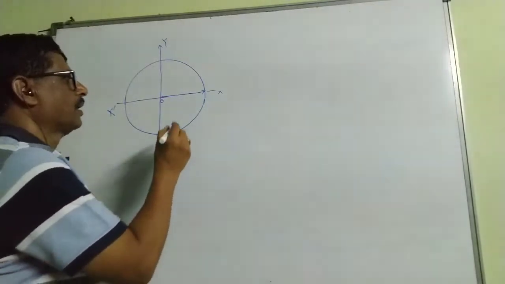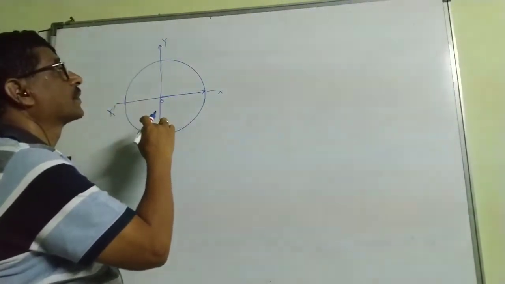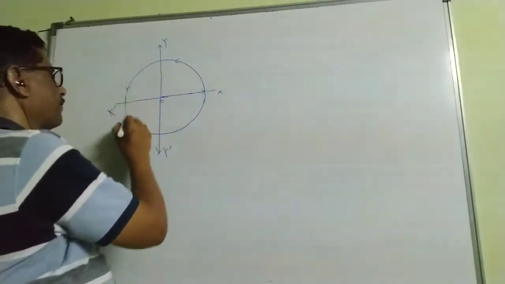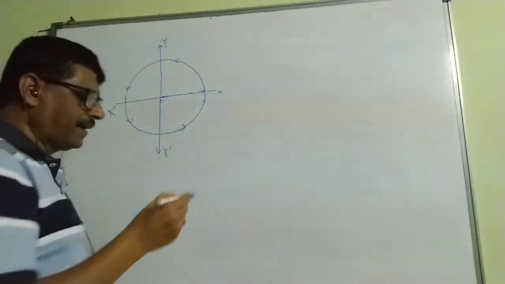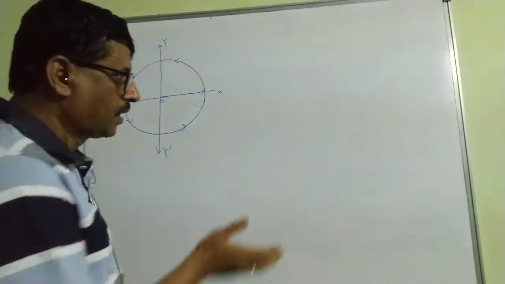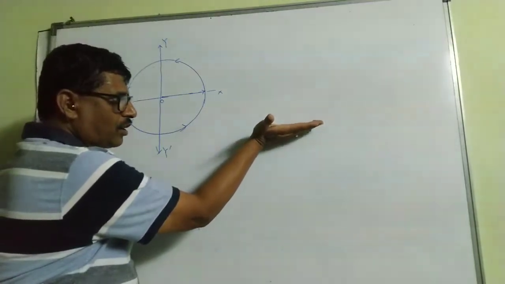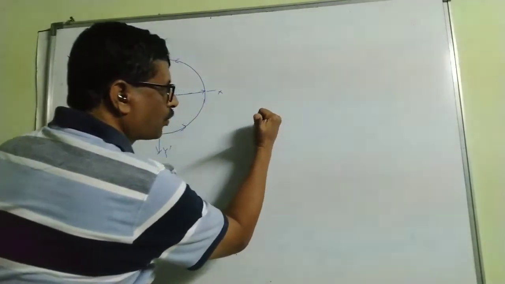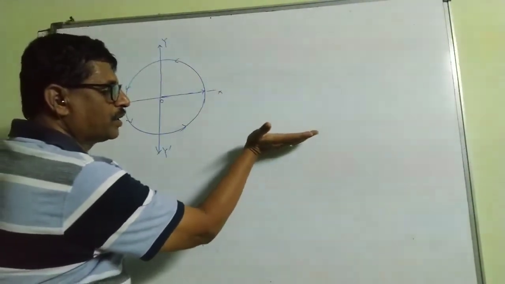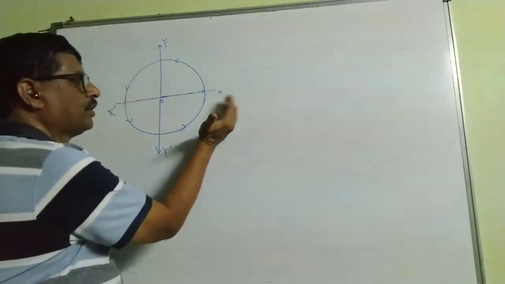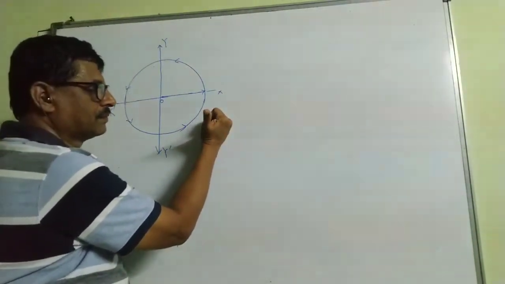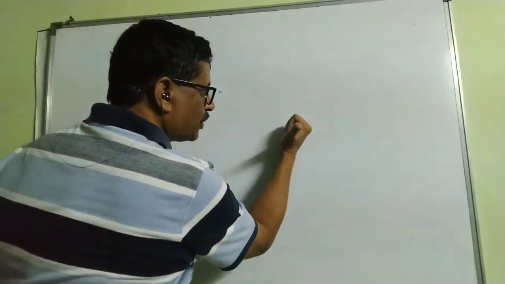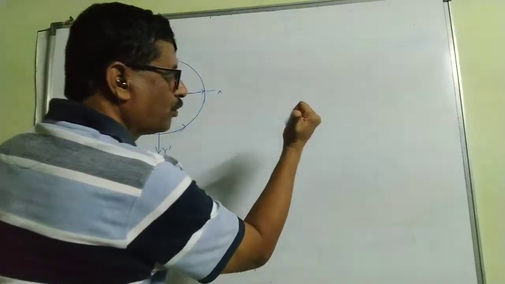Now, the motion is in an anti-clockwise direction like this. For this anti-clockwise motion of the particle, the outstretched thumb is outward, perpendicular to the plane of revolution. Here the plane of revolution is the plane of the board. It is perpendicular to the plane of revolution and directed outward.